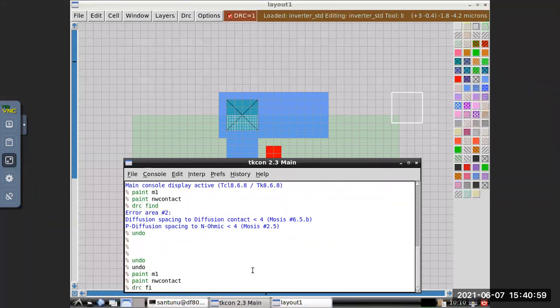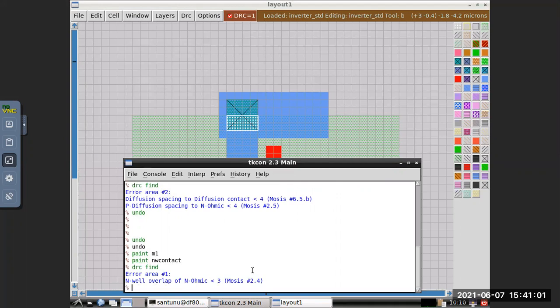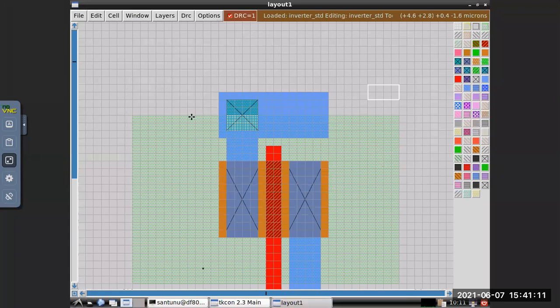DRC find: NOL overlap of N-omic. Yeah, we have to increase, you have to extend NOL.